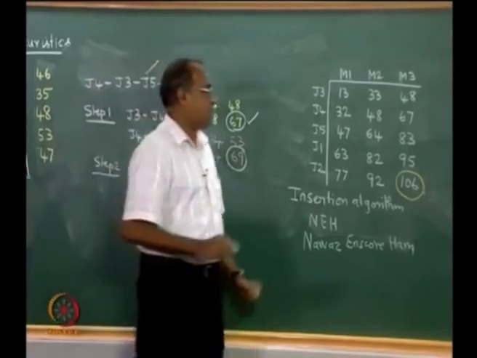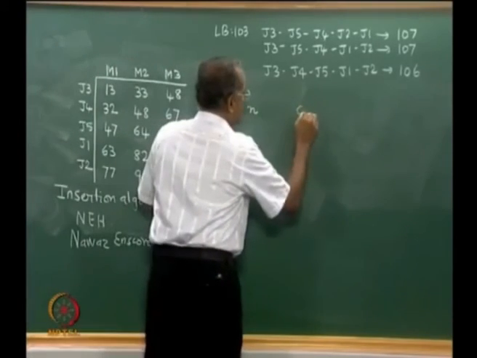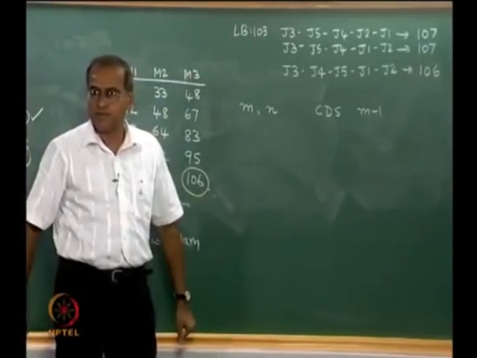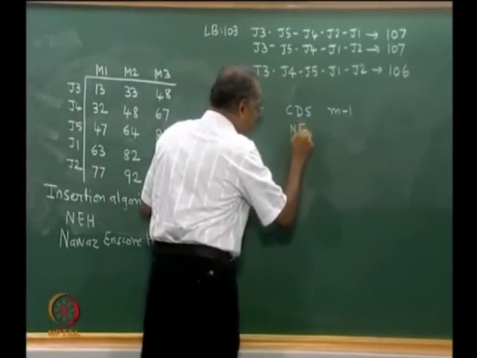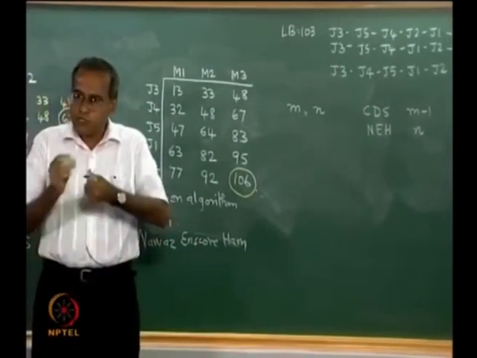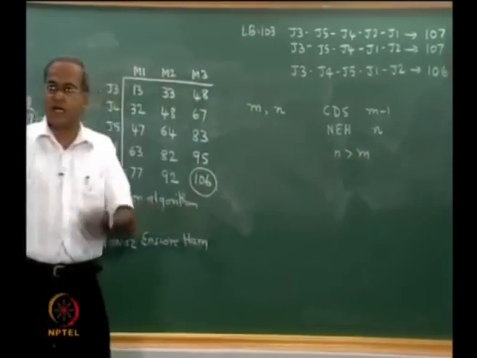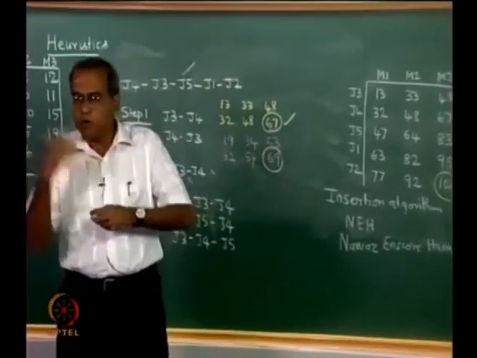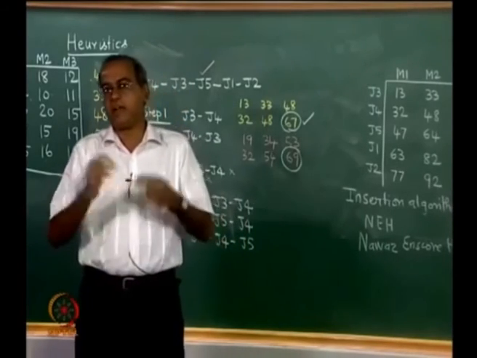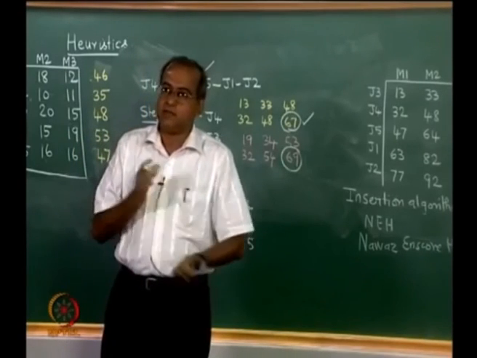Now if you have m machines and n jobs, CDS will evaluate m minus 1 sequences and will choose the best. NEH in the end will evaluate n sequences and choose the best. And usually in all flow shop problems n is greater than m. So, the NEH algorithm would actually evaluate more sequences than the CDS algorithm, either because of that or otherwise it is able to perform slightly better than the CDS algorithm when we consider